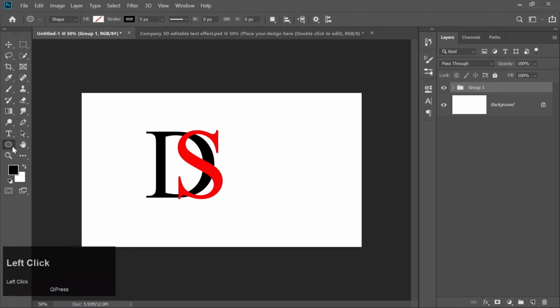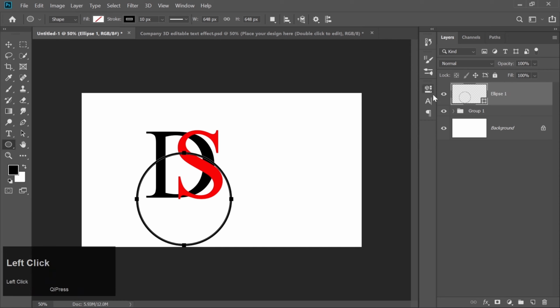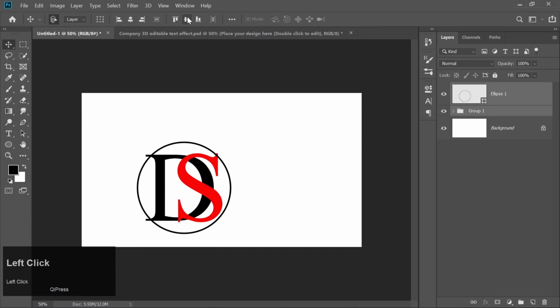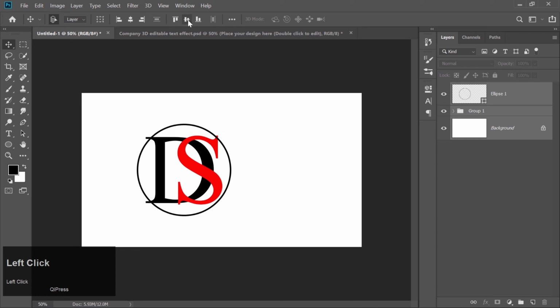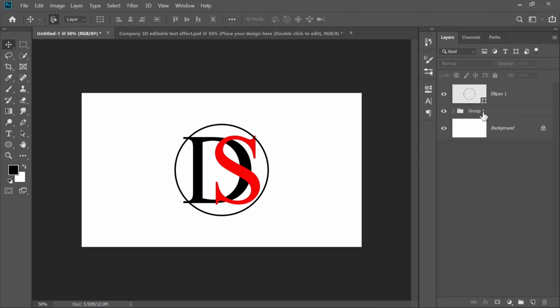Now select the ellipse tool from the toolbar. Hold the Shift key and draw a perfect circle. You can adjust its thickness by increasing or decreasing the stroke size in the Properties panel. Once you have your circle, select both the grouped letters and the ellipse layer. Align them to the center by using the Align tools in the top bar. After they are centered,